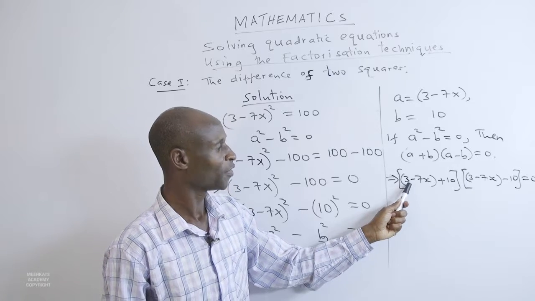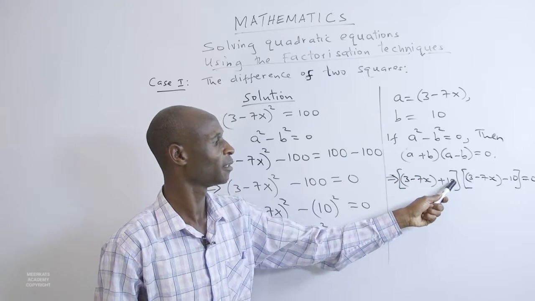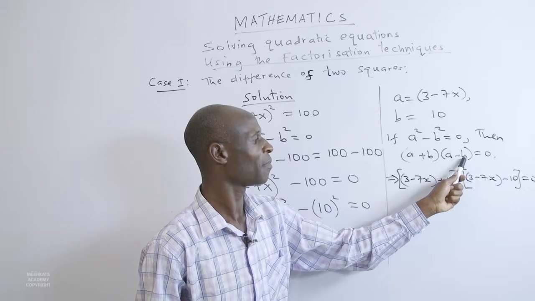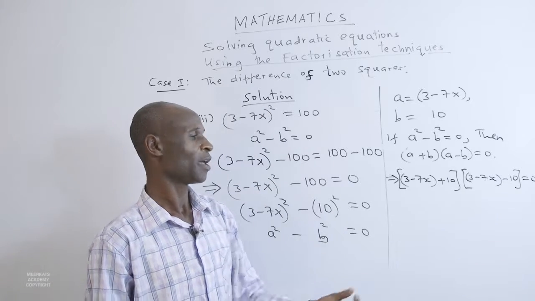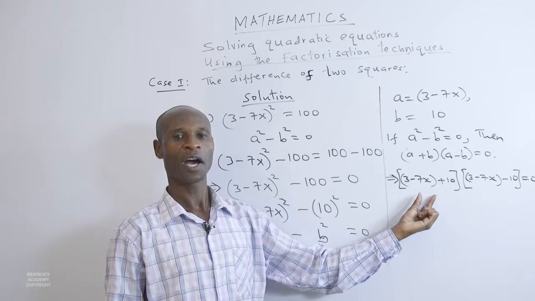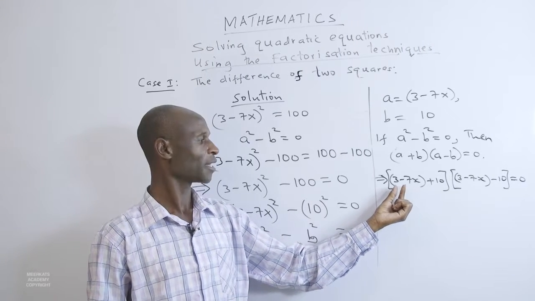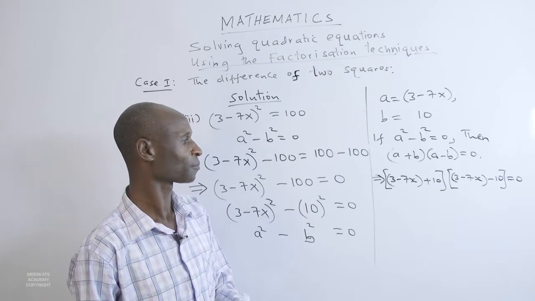So our factors become 3 minus 7x, that's a, and b is plus 10 into major bracket 3 minus 7x minus b is 10, is equal to 0. At this point, we now collect the like terms. So the like terms here are 3 and 10. So we shall have